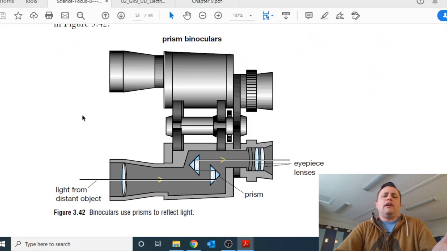Binoculars. Okay, this is a misconception. I always, as a kid, thought that inside of a set of binoculars were little mirrors. I thought there was a mirror here that bounced the light up to this one, and then it bounced it back. But it turns out, unless we're talking about the little kid ones, that instead of using mirrors, they use prisms, which until I started teaching this, I had no idea. I learned something new. So there are reflecting prisms, which have a mirrored surface in here and are at a 45